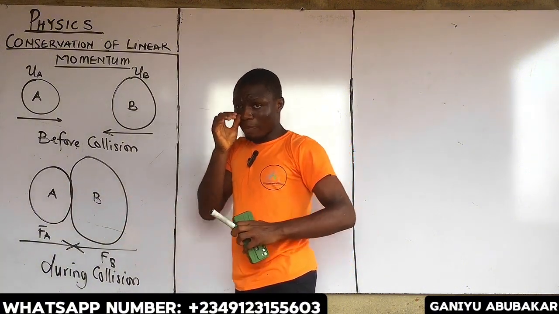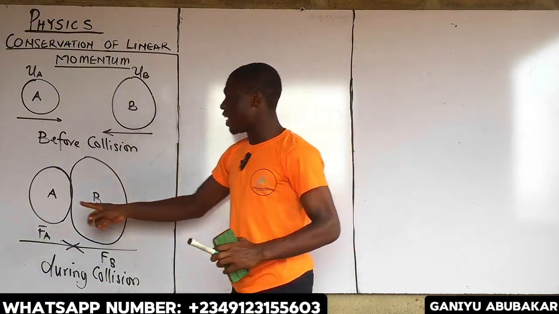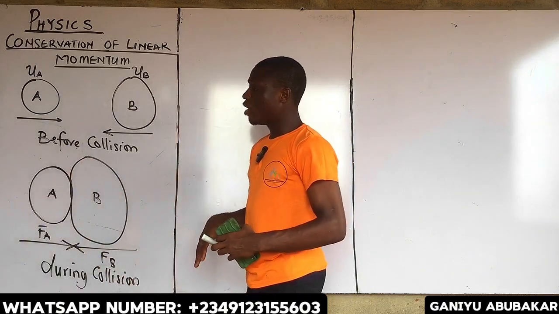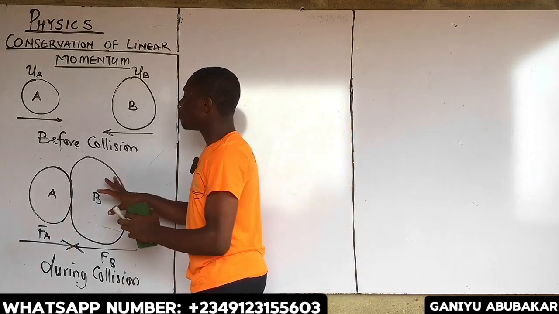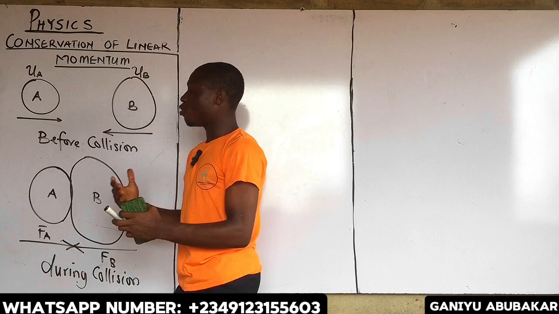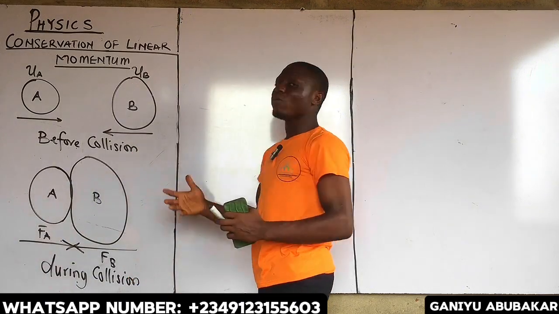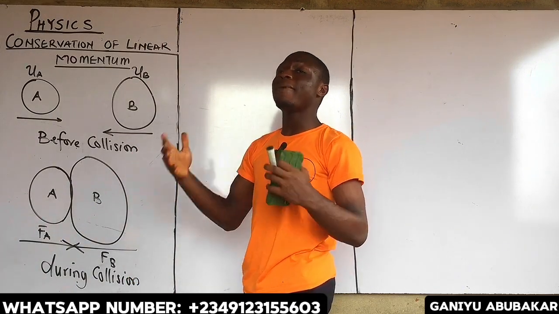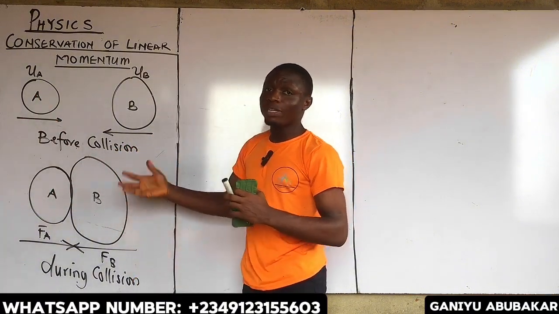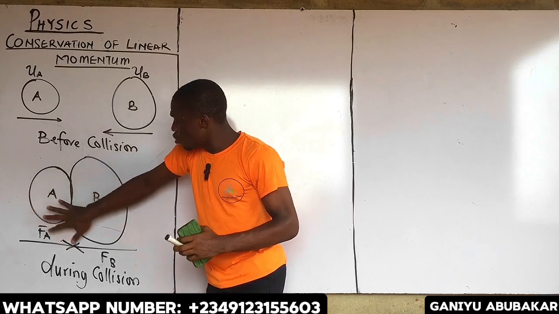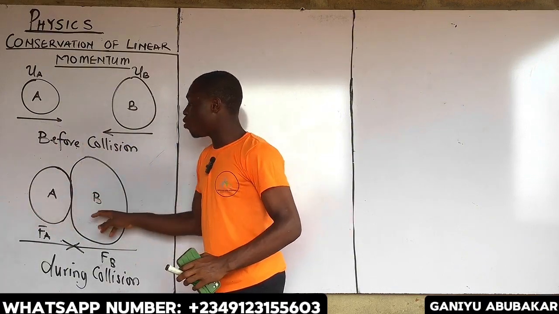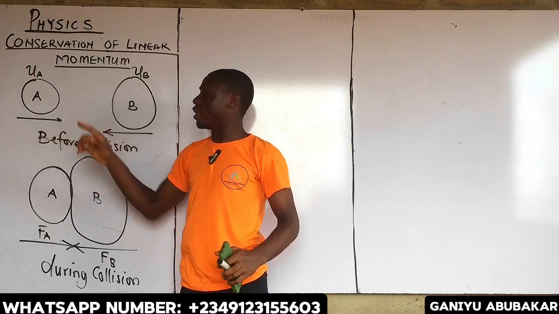Now look up, please. Observe that A is smaller, B is bigger. If these two objects hit each other, it's likely for the two objects to move in this direction. Now, you don't determine the direction by the object with bigger mass. Looking at this as a layman, if these two bodies hit each other, if B goes this way, A is going this way.